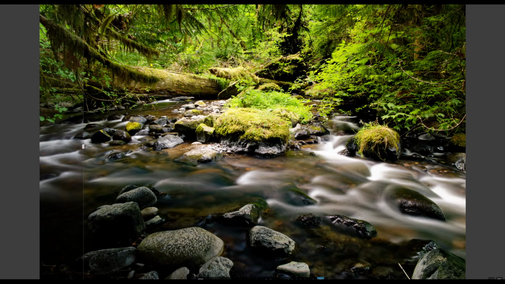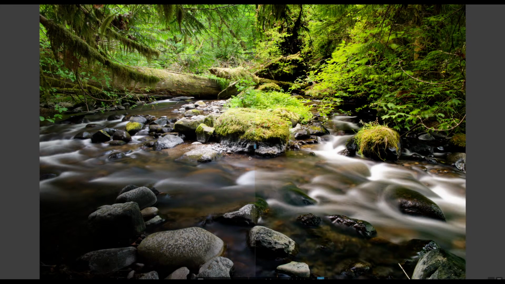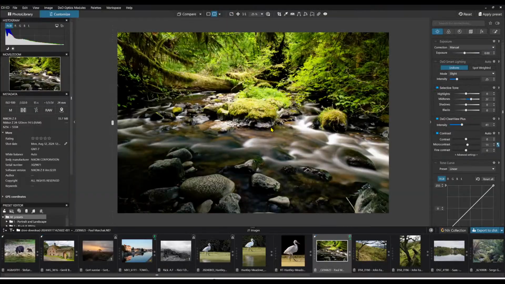I think what that does is it looks like this is a little bit further back. So just a tiny bit of depth there. And then a little bit of contrast. That's it. Very nice. Okay,